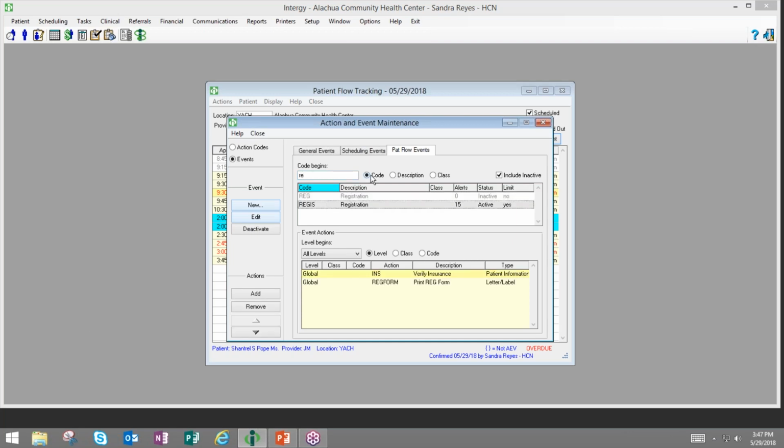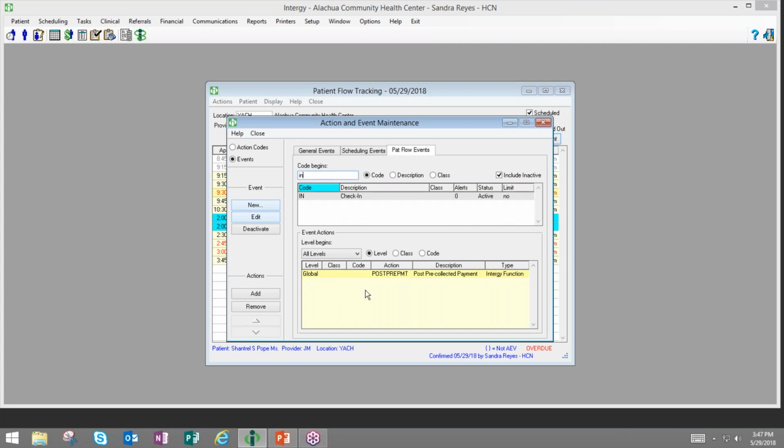As I mentioned to you, the event is on the top, and the actions that are linked to that event are at the bottom. Okay? So right now we have 2 actions, and you can again link more than one action to that same event. We have 2 actions linked to registration, and